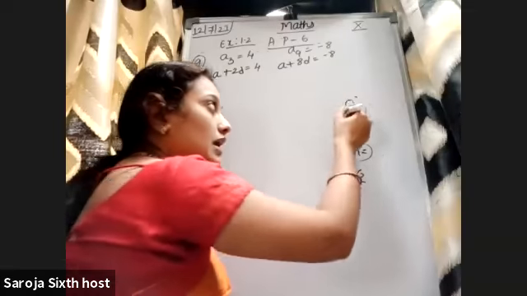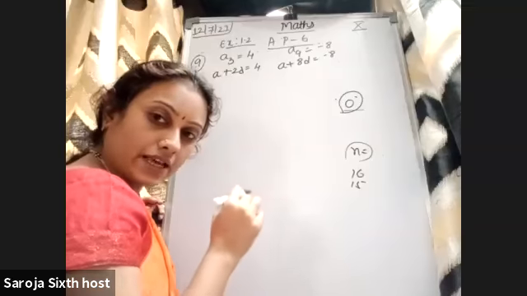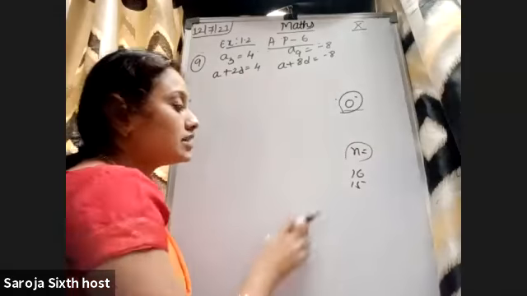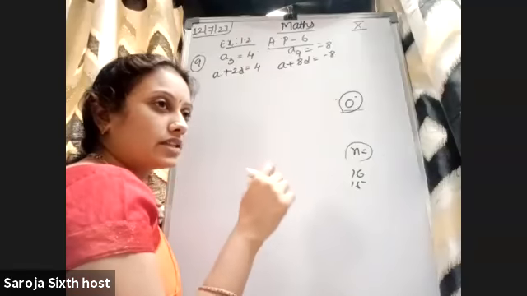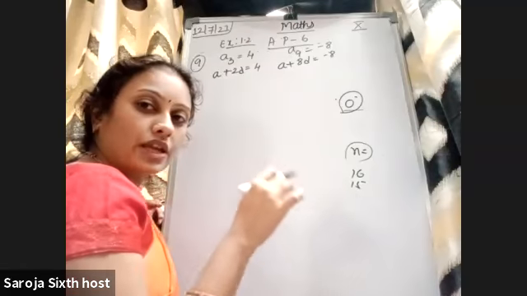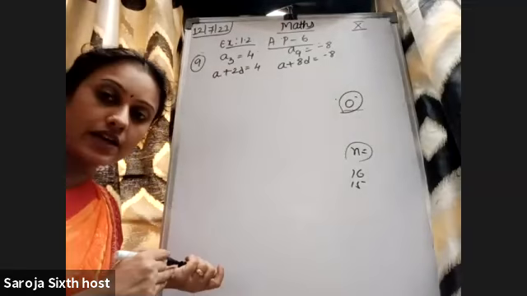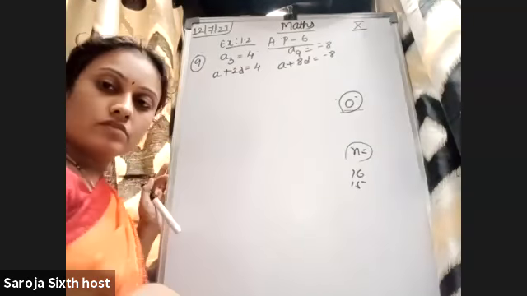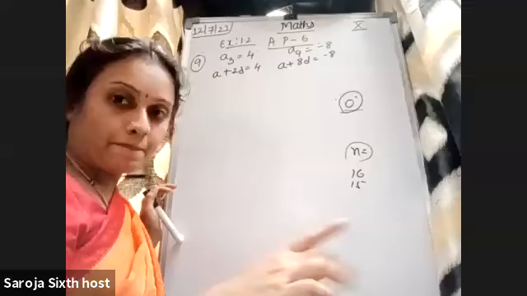So then it will be easy for us. We will consider this 0 as AN, and then we will find the n value so that 0 is present in this AP. So which term of the AP is 0? We will find it out. Is it clear? You understood the question? Anybody having doubt? I will explain once again. Ma'am, can you explain once again? Sure, I will explain.